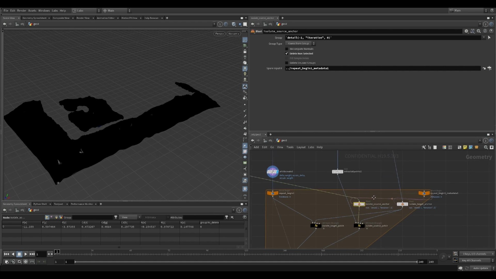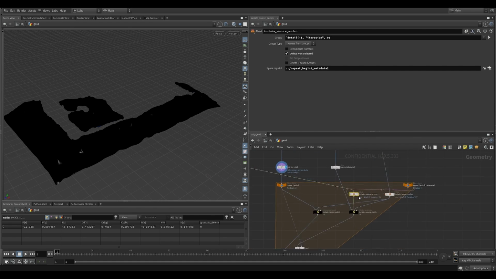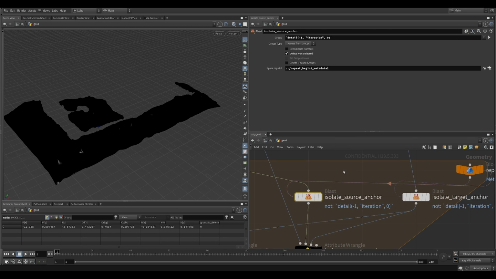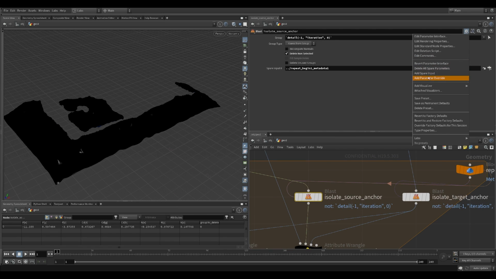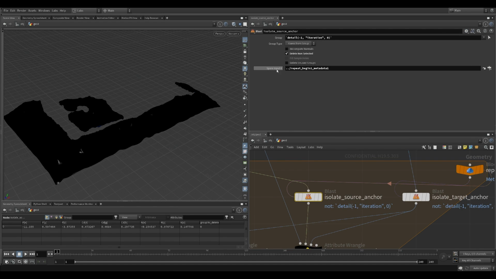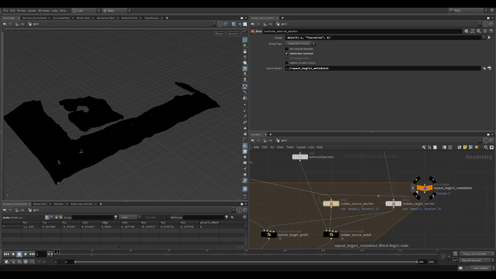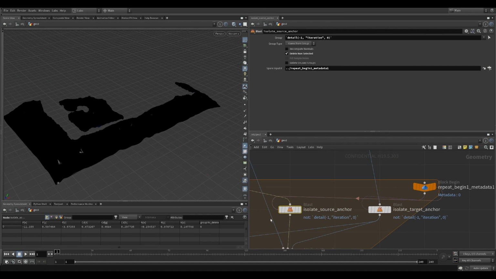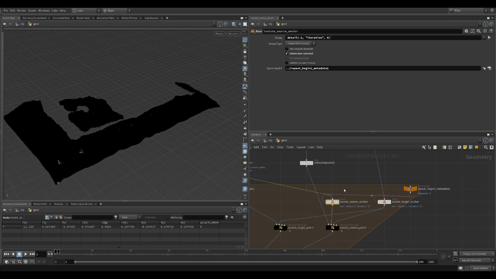So first, we need to grab a single point from each branch. So we're using the blast node, and you can add spare input. And it gives you this thing over here with an empty field. Then you can drag the block metadata node into that. So it'll be easier for you to fetch the detail attribute from that node by just using the -1 expression,